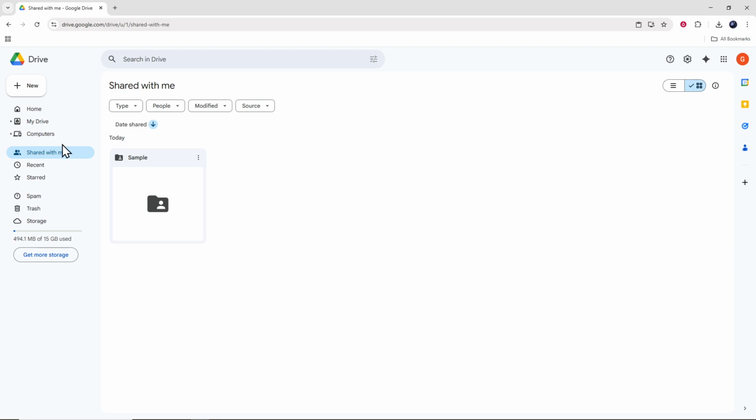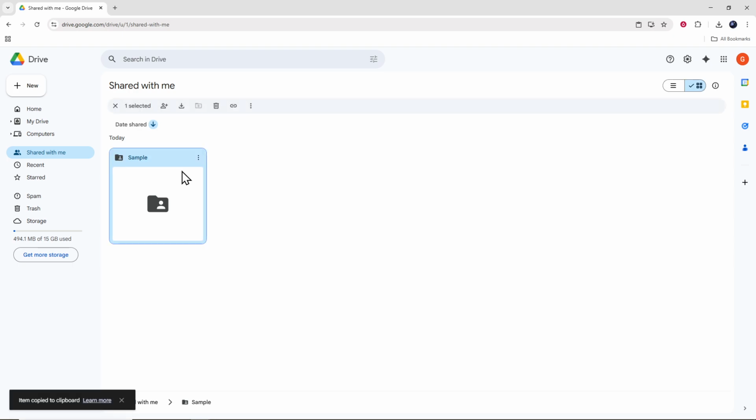In Google Drive, click Shared with Me on the left. This is where files others shared with you appear. Find the file you want to copy, then right-click it. From the menu, click Make a Copy. Drive creates a new file called Copy of that